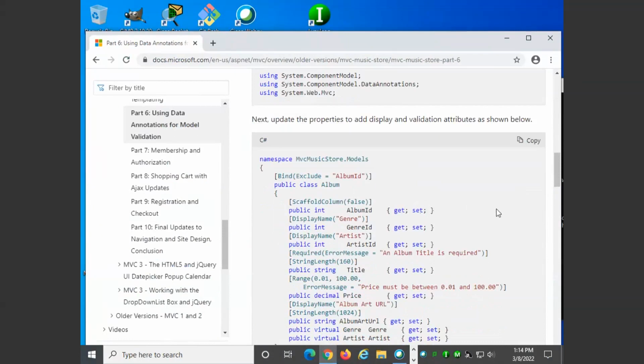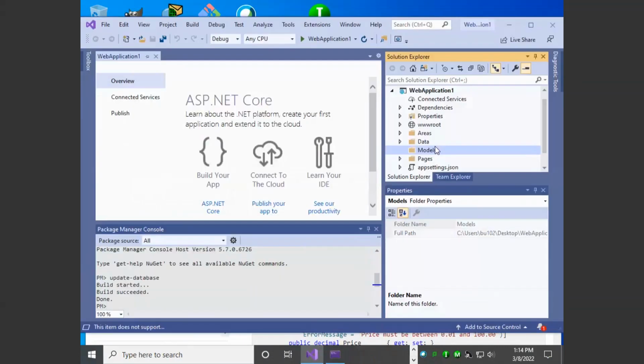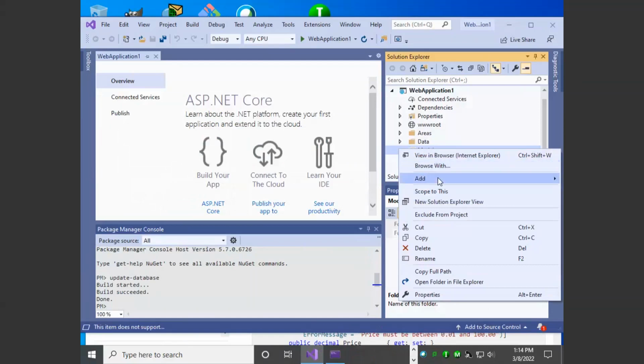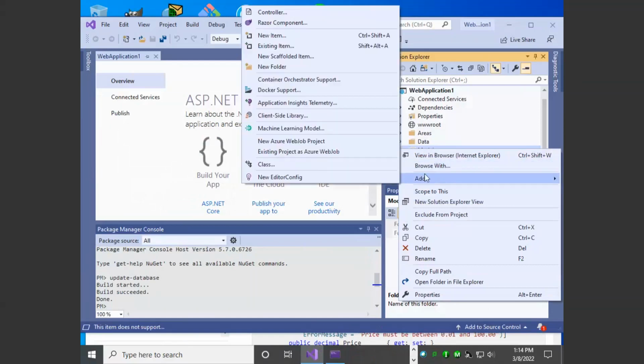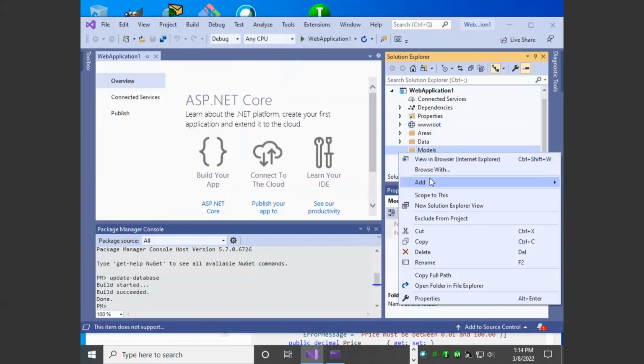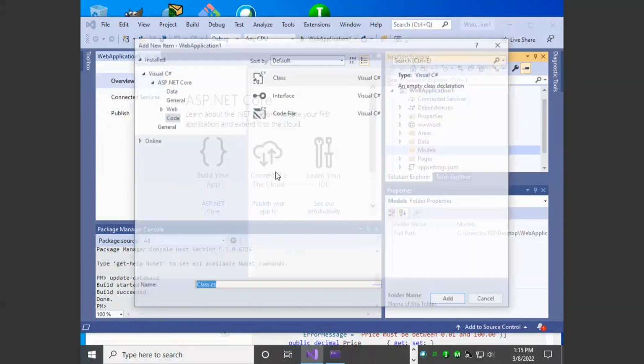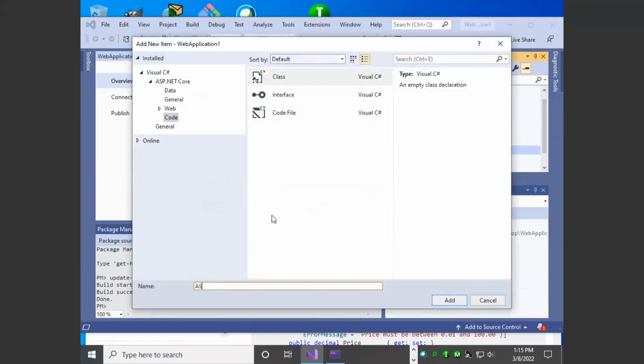And we have a public class for album. All right. So I'm going to create a new class. I'm essentially going to go through the process that we did last couple weeks. Add a class. I'm going to call the file